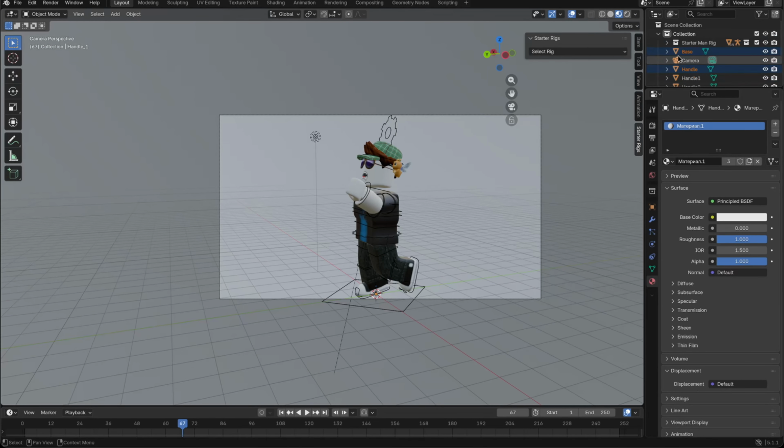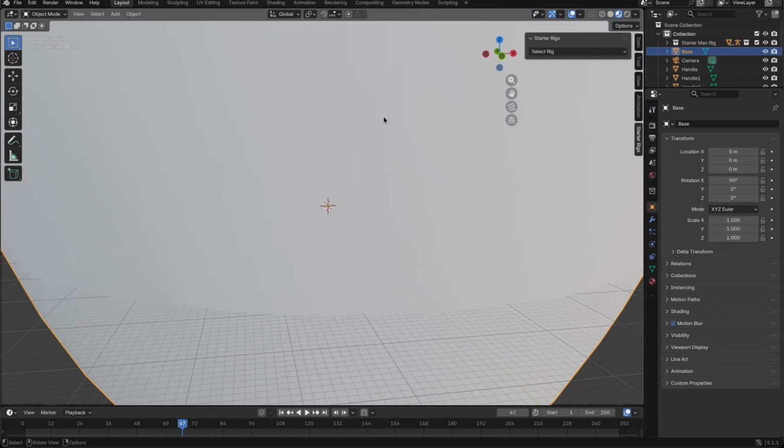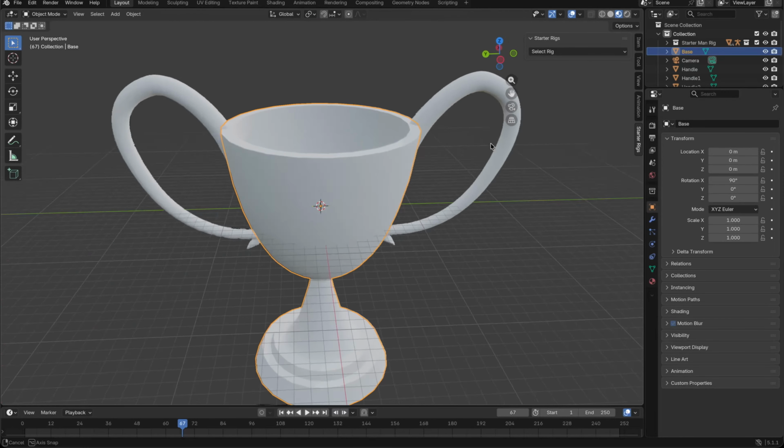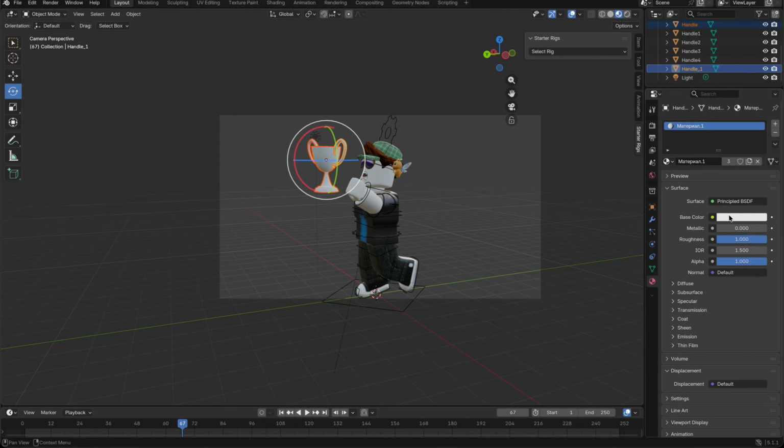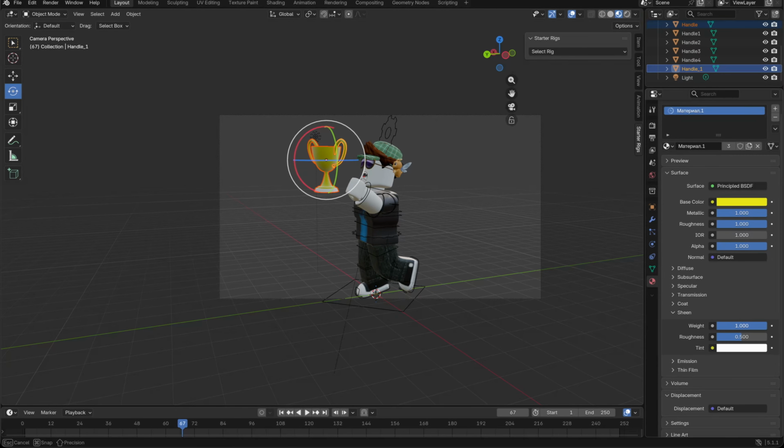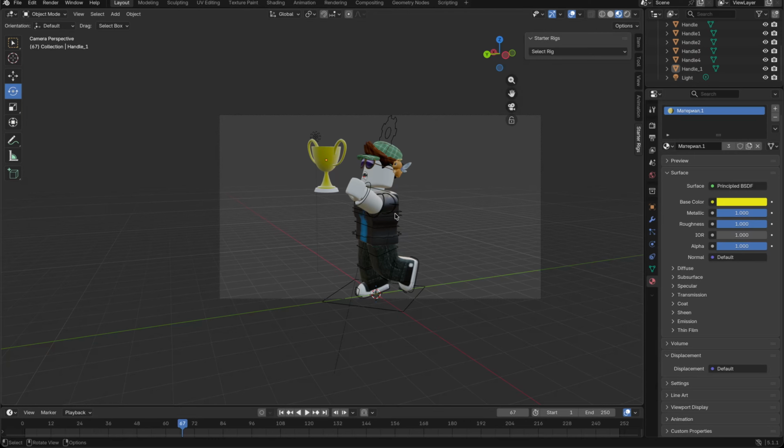Where's the trophy? Oh, there it is. I added the trophy,